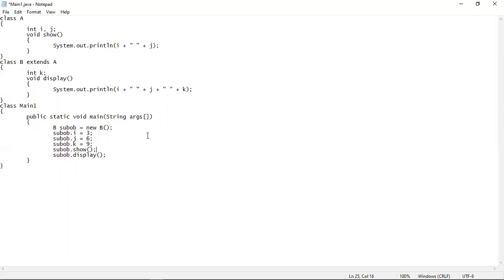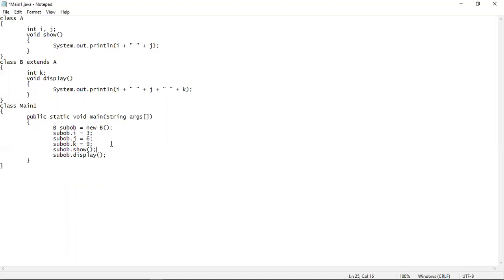So if my aim is to just assign some values into the superclass variables i and j and just call the show method in order to print those values on screen, then this much of code will be enough. You don't need to actually create the object of the superclass in order to give values into the variables and to call the methods inside the superclass.